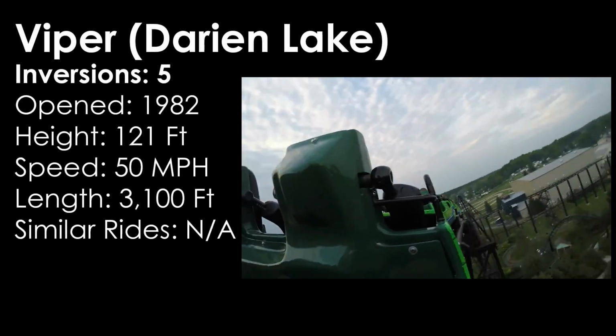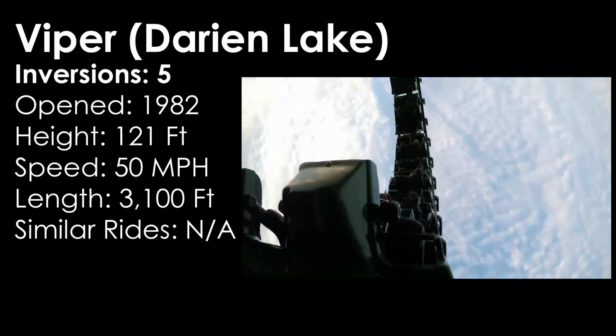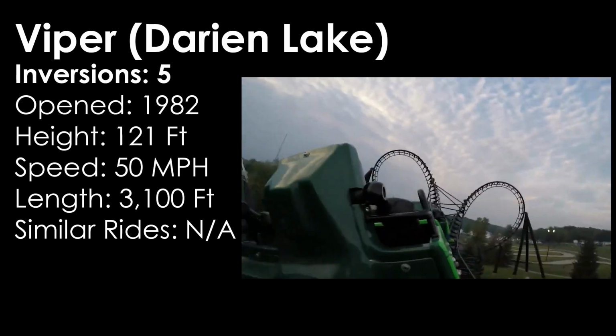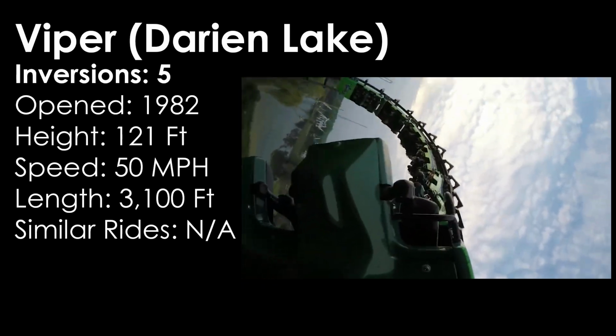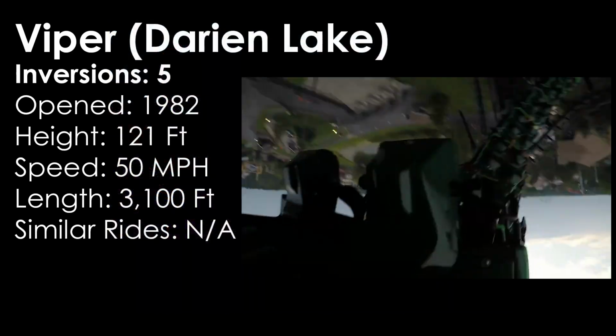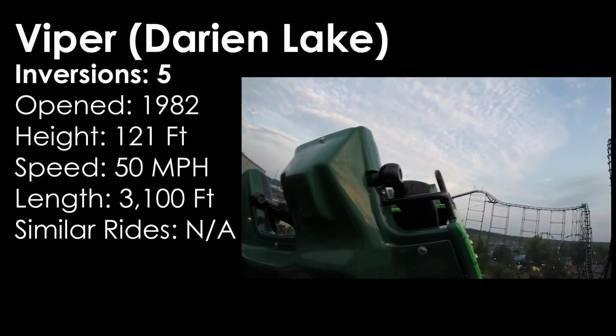In 1982, the first ride ever to open with 5 inversions was built near Buffalo, New York at Darien Lake Amusement Park. This ride had a loop, a batwing, and a double corkscrew. This ride was not painted until after it was constructed, with it having a rustic metal color during construction. The ride initially had a light mint or bluish colored track, but was eventually painted over to the same black